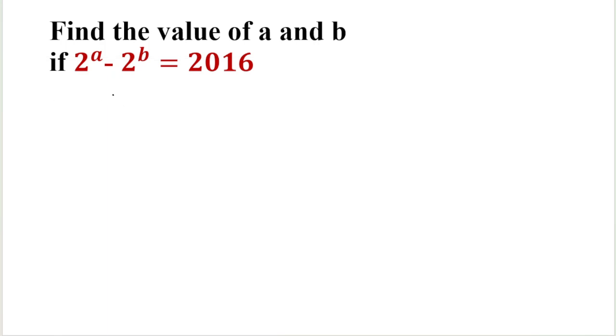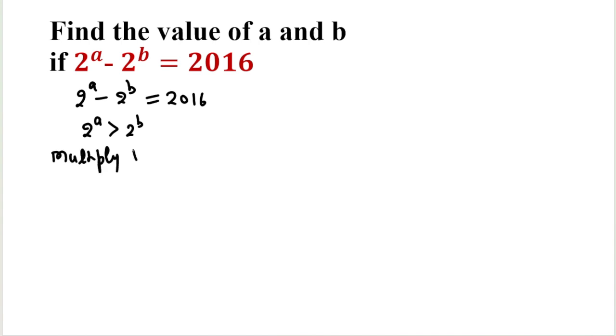Now find the value of a and b if 2 power a minus 2 power b equal to 2016. It means 2 power a is greater than 2 power b. Now to solve this, multiply and divide